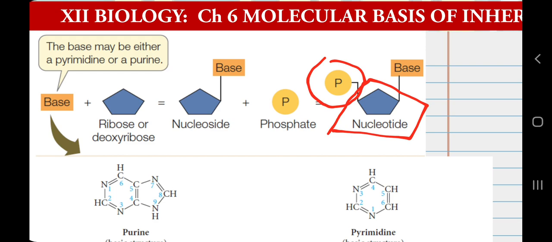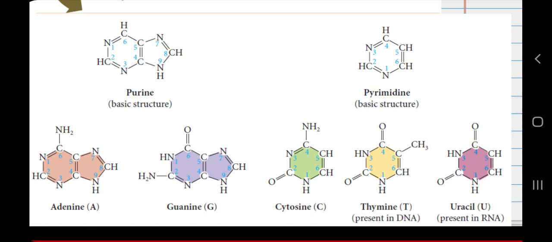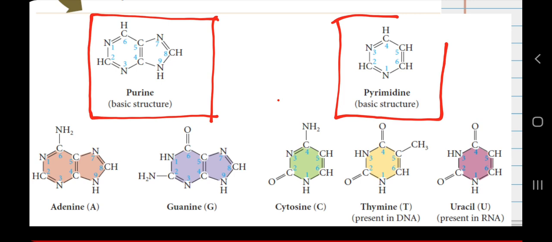And when it comes to the base, we have 5 types of bases here. These 5 types of bases can again be categorized into 2 categories. This is a lot more detail for you. We have learnt about these things in our 11th biology, and we are going to learn about them again in our class 12th chemistry, organic chemistry. The biomolecules chapter is also there in your chemistry curriculum, so it will be a very good idea to learn about biomolecules. It is going to help you everywhere in your science curriculum.